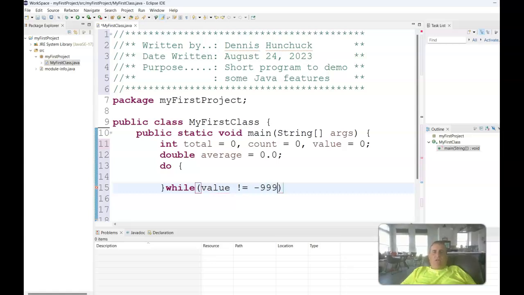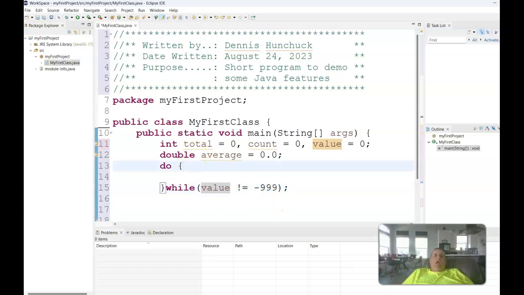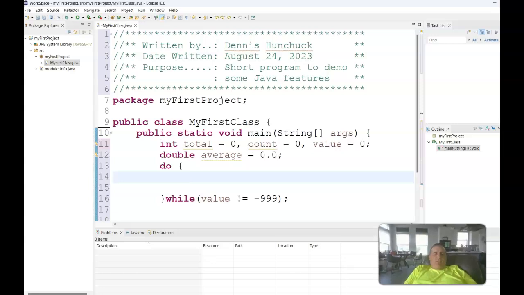So in other words, I'm going to loop while the user doesn't enter -999. So this would be a loop that's going to continue until this variable value equals -999. As long as it doesn't, I'll loop forever. All right, so the first thing I'm going to do is